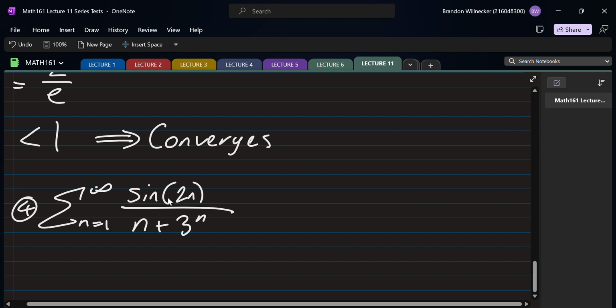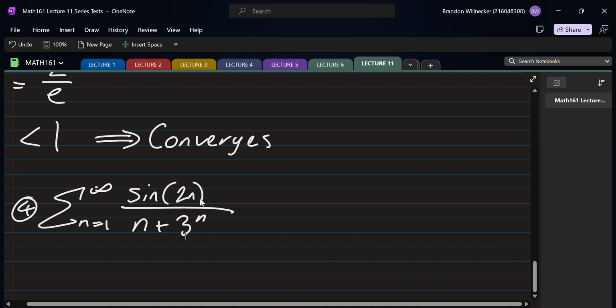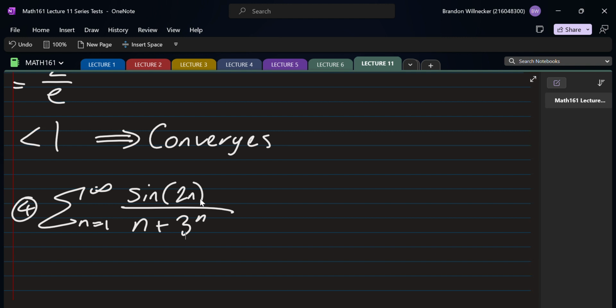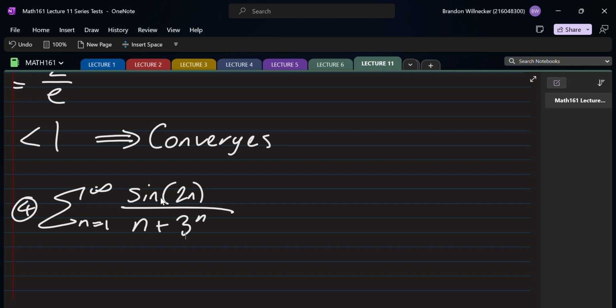we know that sine and cosine alternate between positive and negative. So in fact here we've got an alternating series. So for some values of n it's going to be positive, for other values of n it will be negative. So in that case we should check for absolute convergence, because these trig functions, they alternate, but they're still bounded. So if we take the absolute value, it is also still bounded, and that allows us to remove these trig